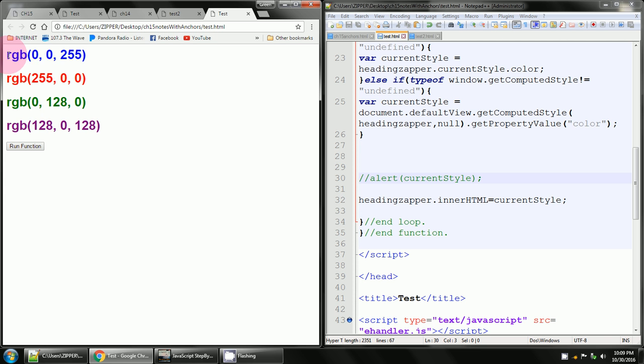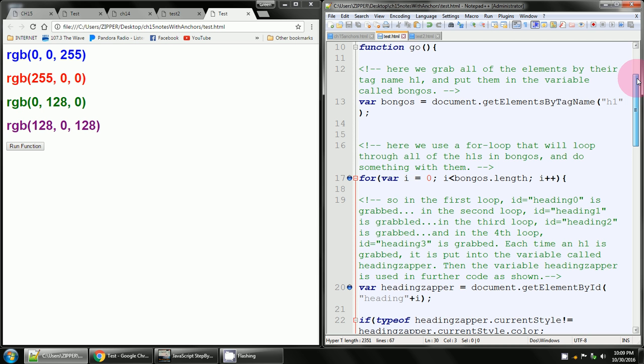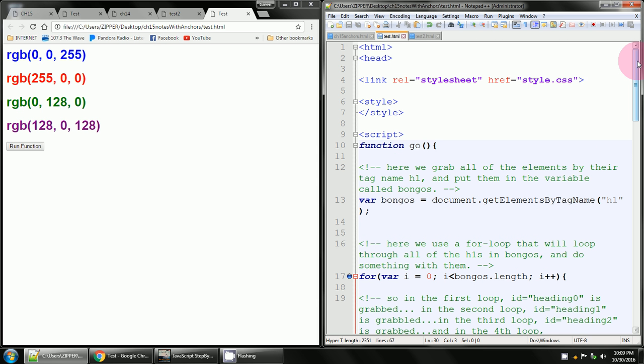But I kind of thought just replacing the inner HTML was more concise, and unless you needed to see the original H1 text, if you don't need to see it, you just want to replace the value instantly, this was kind of okay. So I'm going to go over the page really quick,